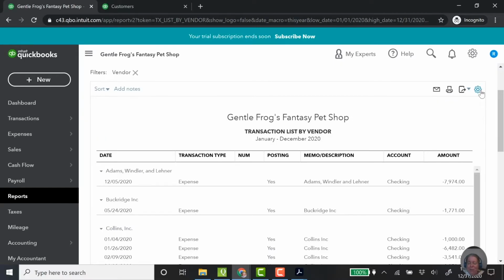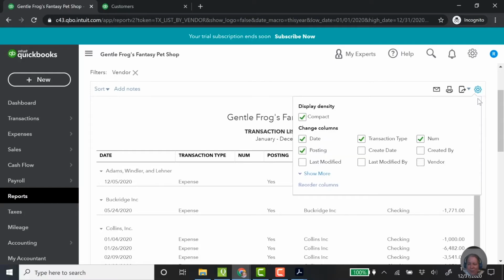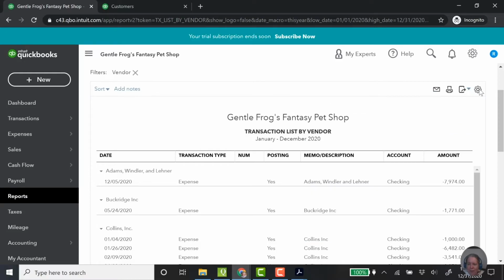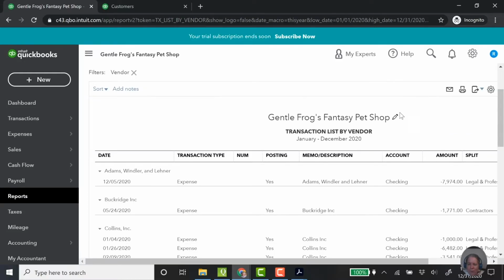Let me modify this report slightly. I'm going to click on the year. I'm going to click show more. I'm going to click split. So now it should update. Okay. So the account over here just says where did the money come from or go, and